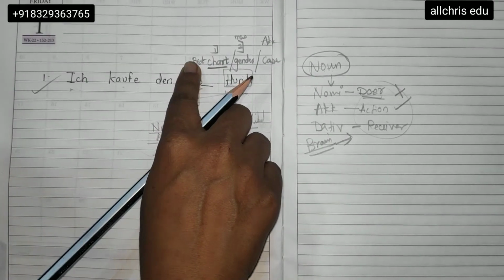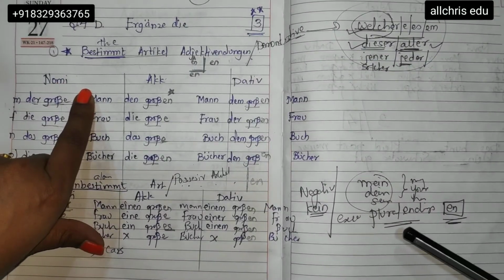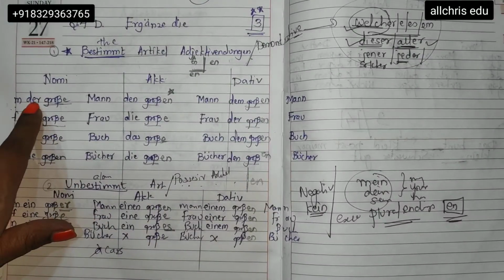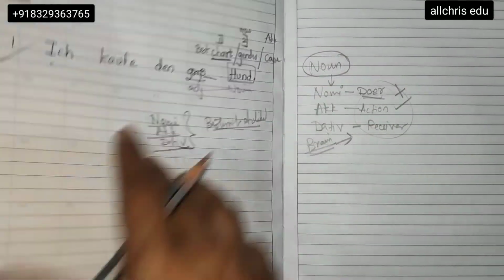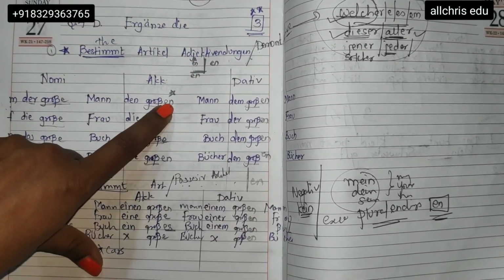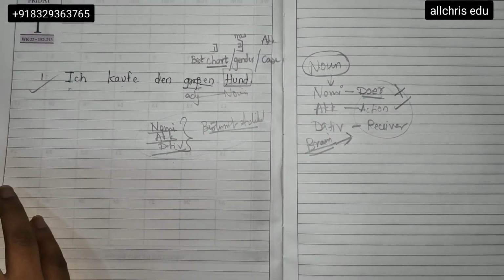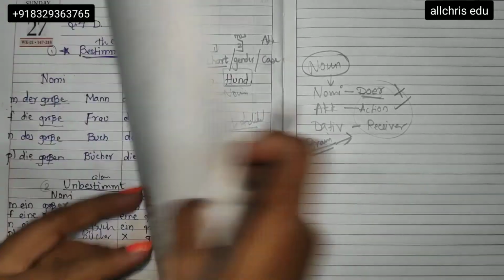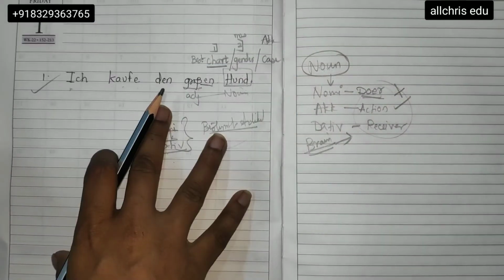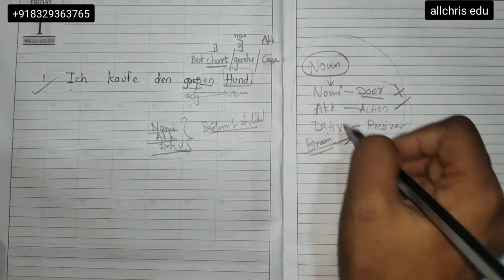Now in the bestimmt article chart, if I turn my page and use the bestimmt article chart, then I have to go to the male gender and the accusative column. So bestimmt article chart, male gender and accusative column. What is the ending? En. So then my answer will be En. Children, this is very important. The chart is very important, so please do it in that manner. This is the concept, where you can find the case using your brain in this manner.